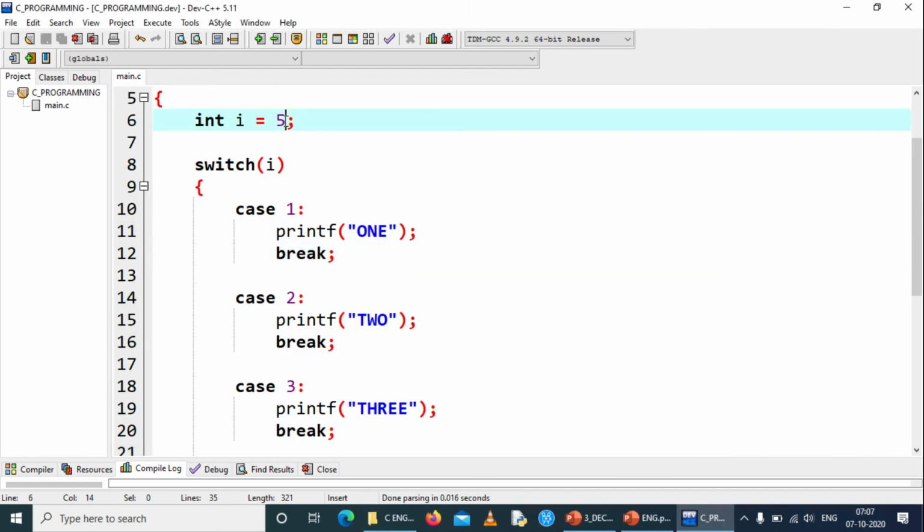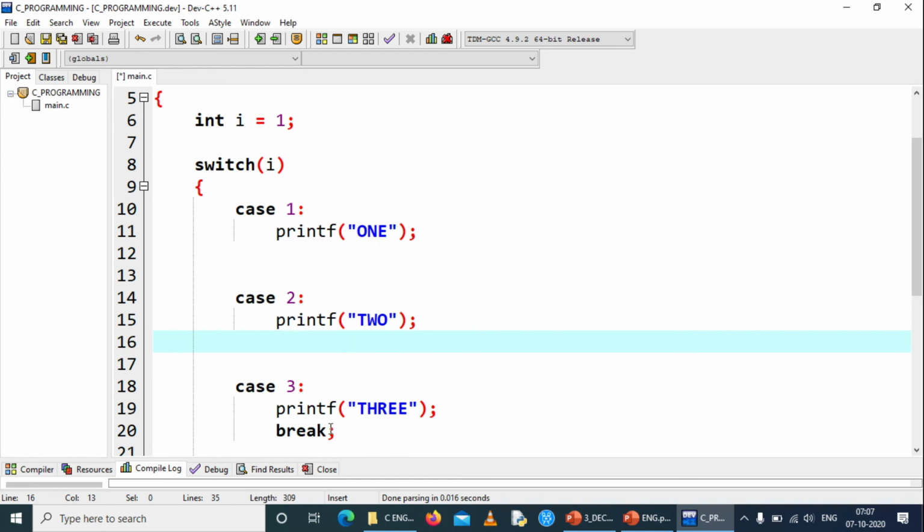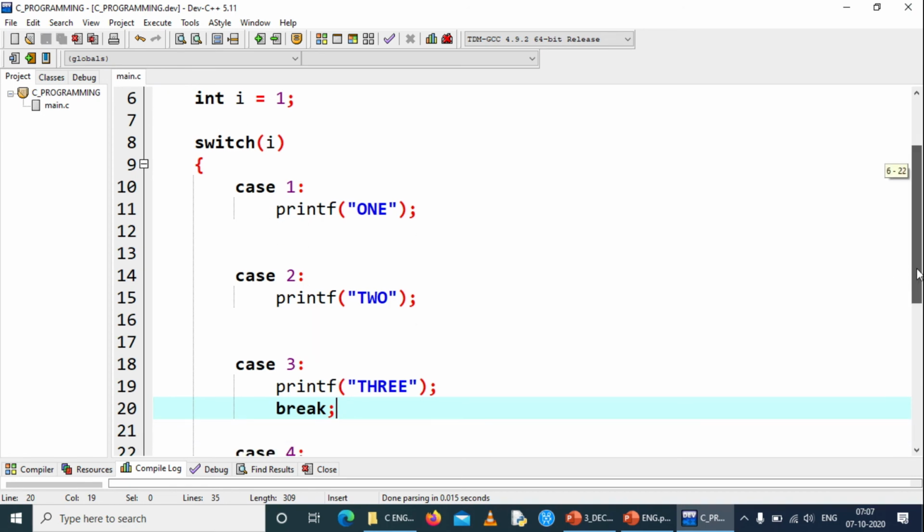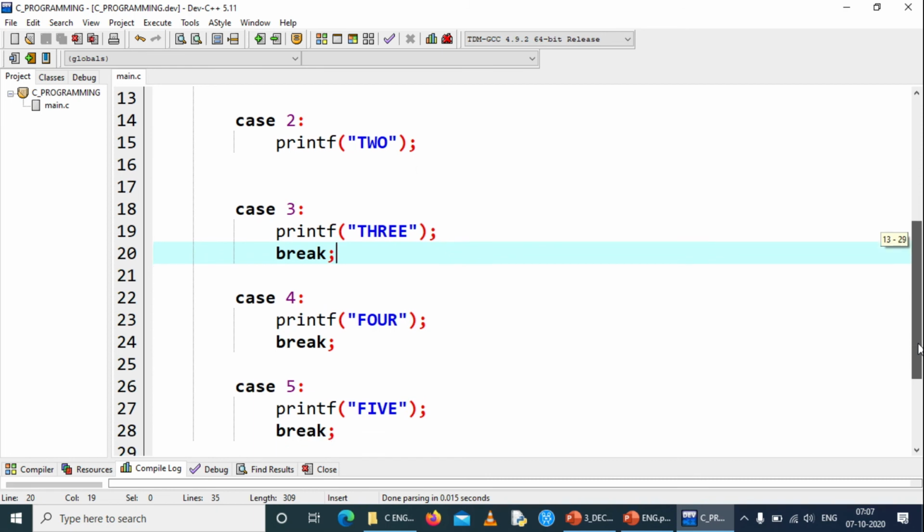Now I'm giving value 1 and removing this break here. I have removed the break statement for 2 cases alone; for the rest of the 3 cases we didn't remove the break statement.